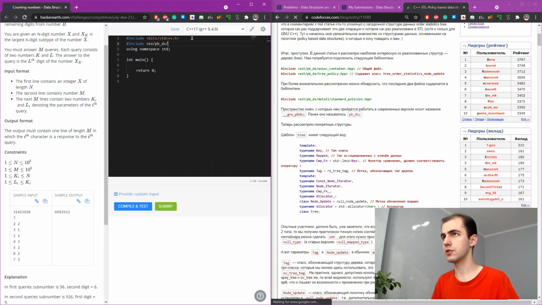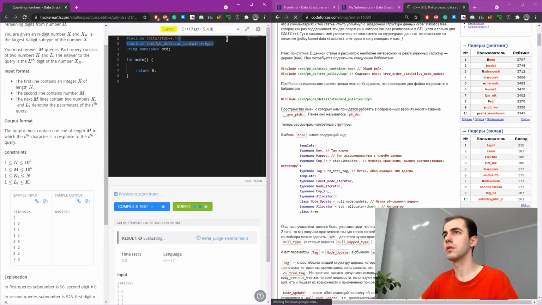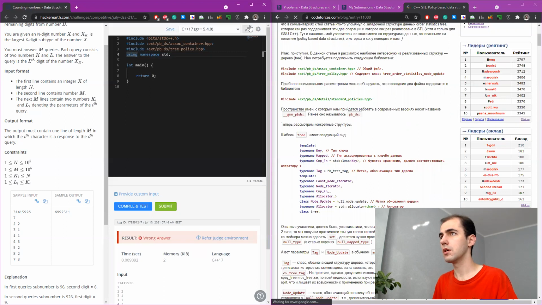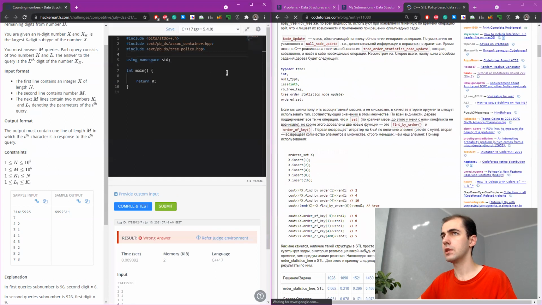Policy-based data structures, associative container, HPP. I don't know why it's HPP, but at least it's not a compile error. And that's what we wanted to test. So tree policy, that's it. Okay. How do we define tree? Typedef.